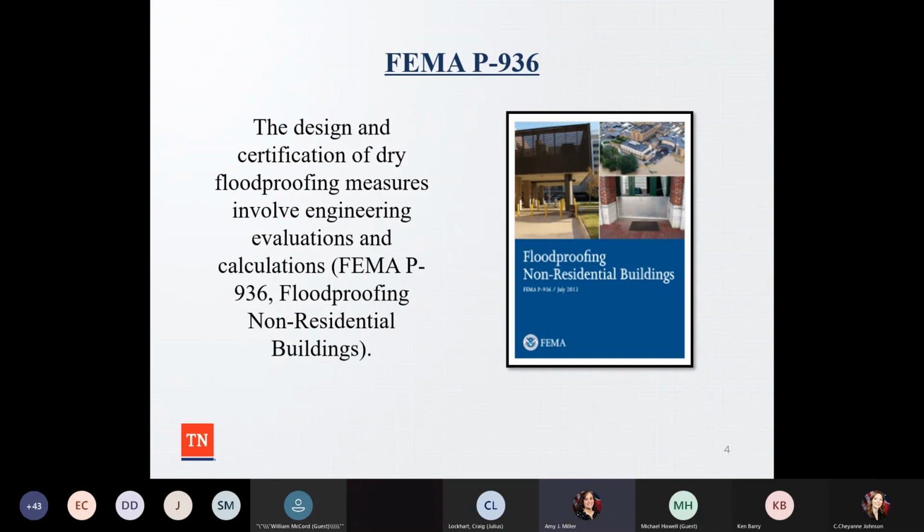FEMA has another additional technical bulletin. If you're an engineer on the call today, one thing that should be referenced is FEMA P-936, that's for publication 936. It gives information on the design and certification of dry floodproofing measures that involve engineering evaluations and calculations. So for those on the webinar today, if you have questions, this is a good reference to use whenever you're doing a floodproofing certificate,